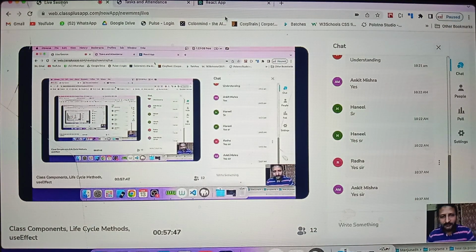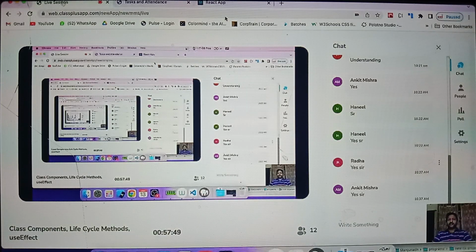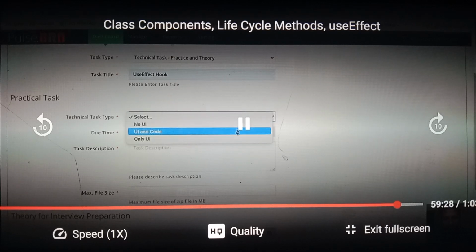Got it? So basically, just to give you an example, whenever an application or a component wants to send a request to the server, we use useEffect to detect it. I think we have already worked on that also. useEffect we have used to send a URL request, to send a request to the server whenever the component loads. Or you wanted to send a request to the server. Anything that starts with use is called as part of